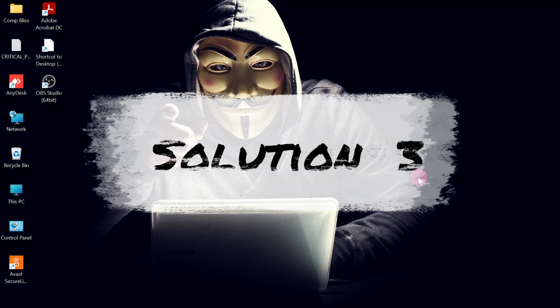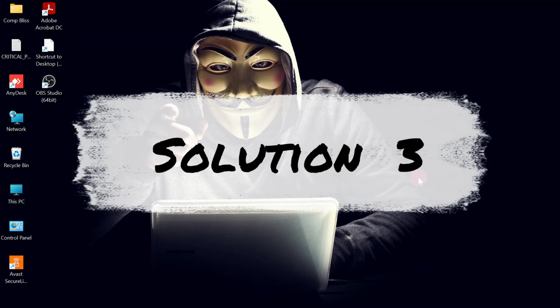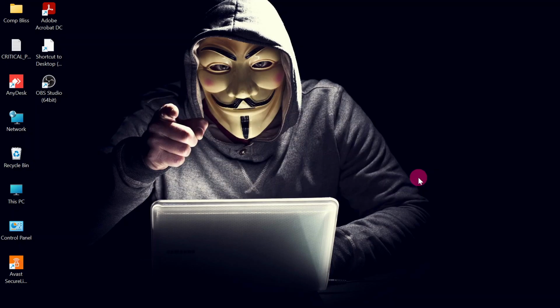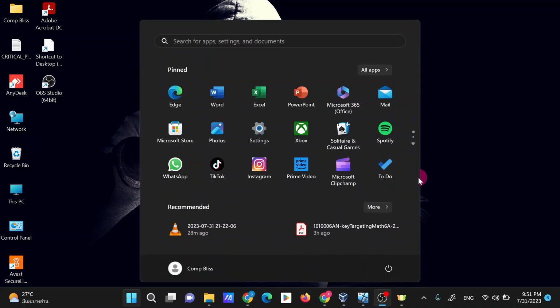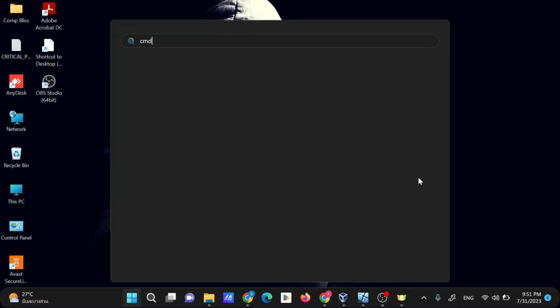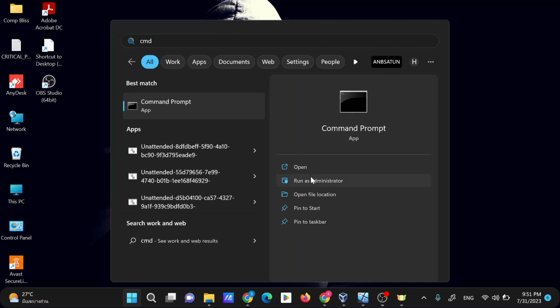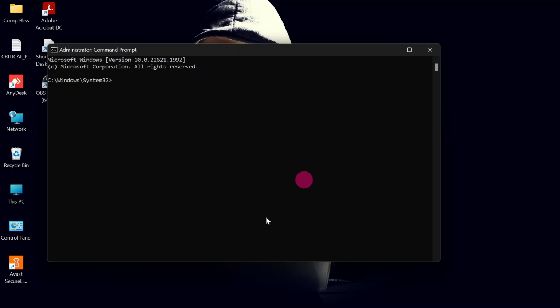Solution number 3. Run the Deployment Imaging and Servicing Management tool. Go ahead and press the Windows button, type CMD, run as administrator, and click yes. Now we have 3 different commands we normally look at. We have scan health, check health, and restore health. But we shall only focus on the last one. So go ahead and type